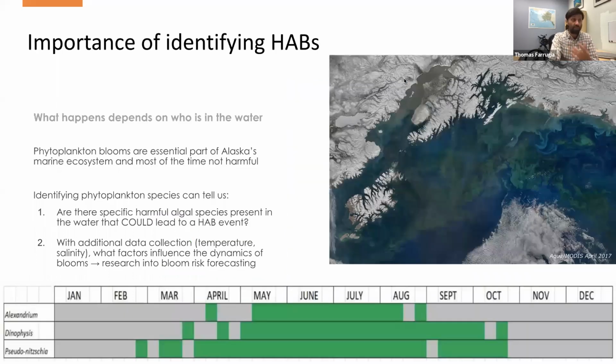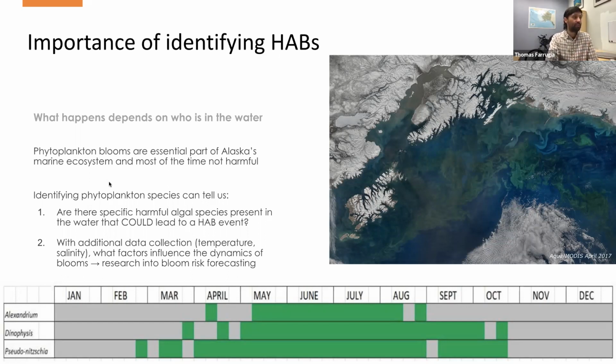So that's why it's important to identify what HAB species we're talking about. And in this case, we're talking about species kind of in quotes, because really we're talking about groups of organisms that are more at the genus level. And it's pretty hard sometimes to identify down to the species level, but we're going to use the term species just for simplicity. But know that when we talk about things like Alexandrium, Dinophysis, this is actually a genus, not